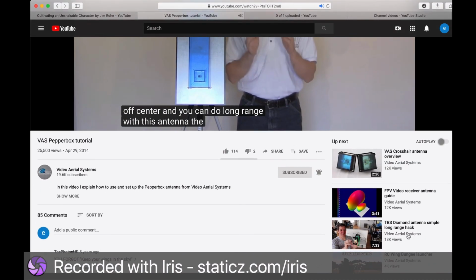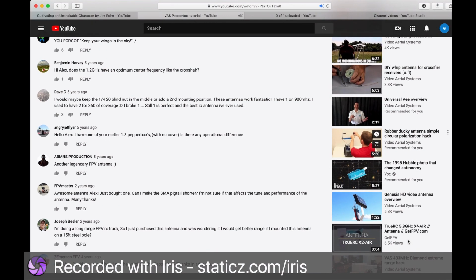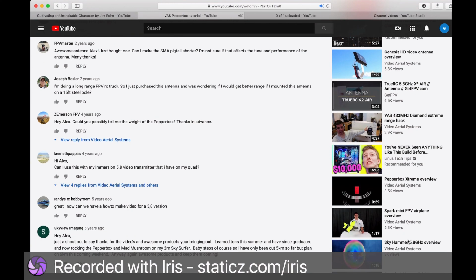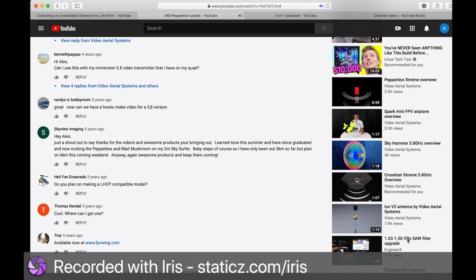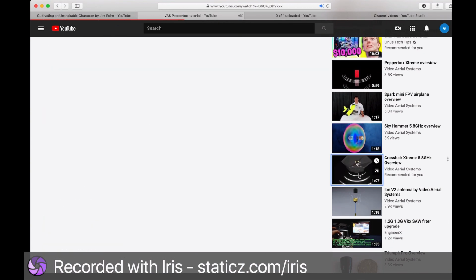The moderate range beam is a full 180 degrees. That means that this antenna does not need a tracker, it does not need diversity, and you can still fly all over the sky and even behind you without losing video signal. This is one antenna that